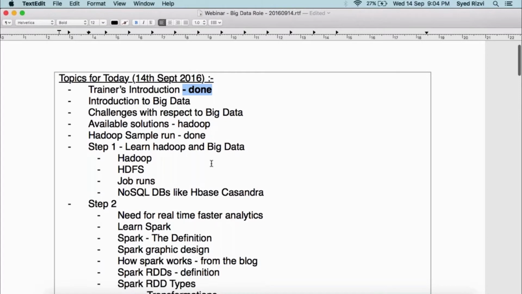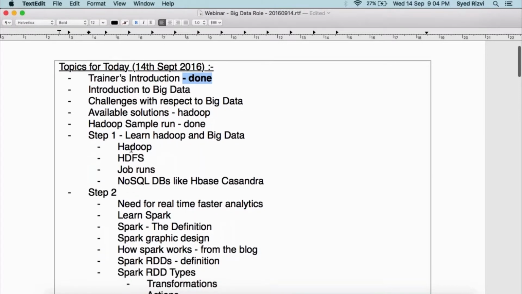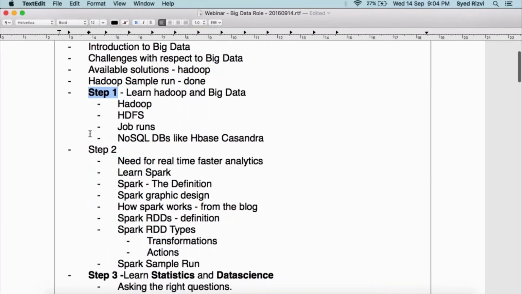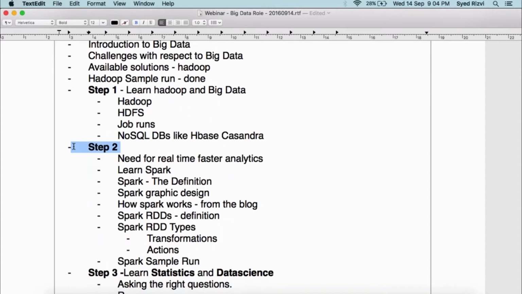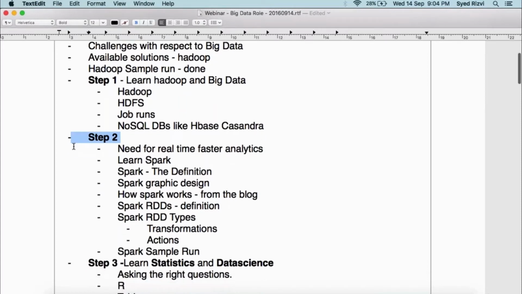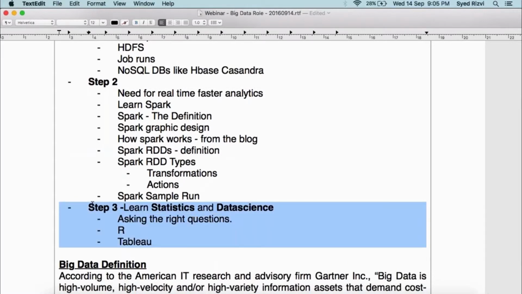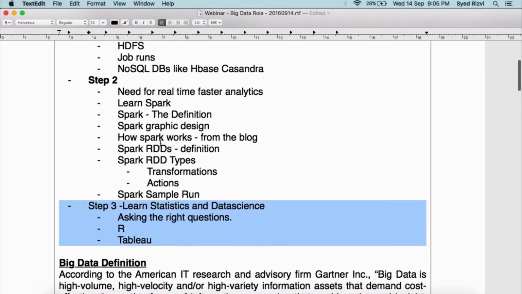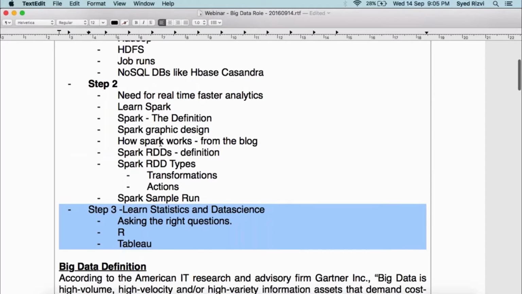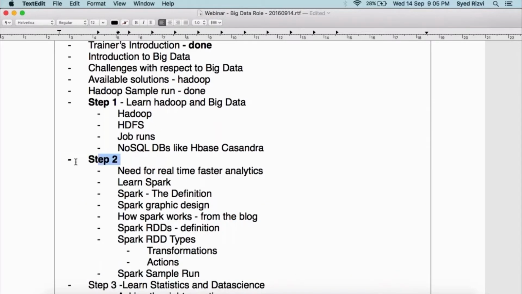One of the first steps, if you see over here, is about a big data technology called Hadoop. The second step is about a little bit of Spark, because that's something which has picked up quite big time in the last year or so. And the third is about a bit of statistics and data science. So that's the structure of my presentation. I usually tell the structure as well, so that you have an idea as to where we are starting and where we'll be ending up